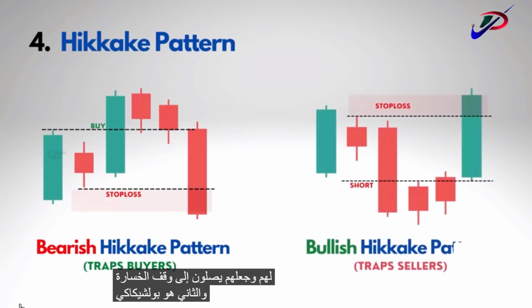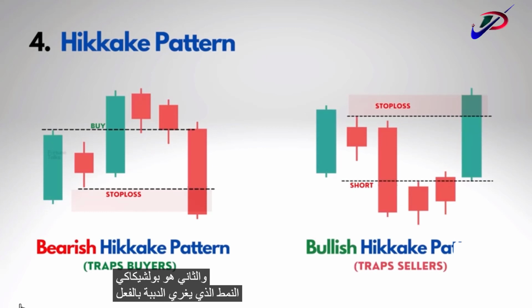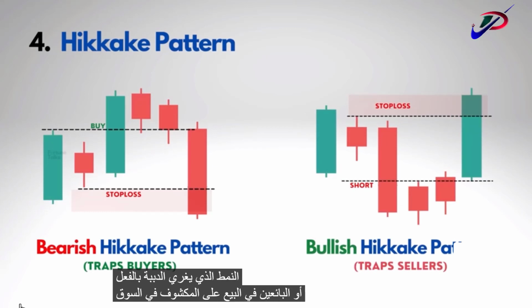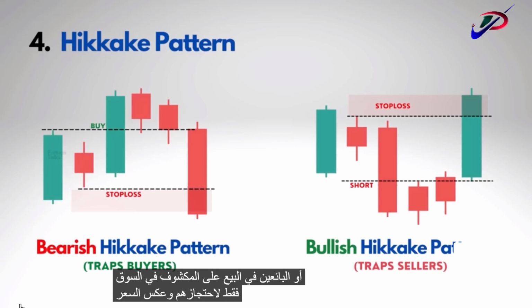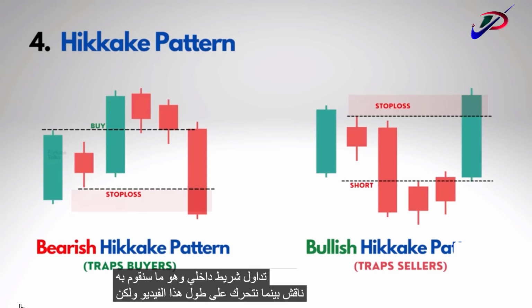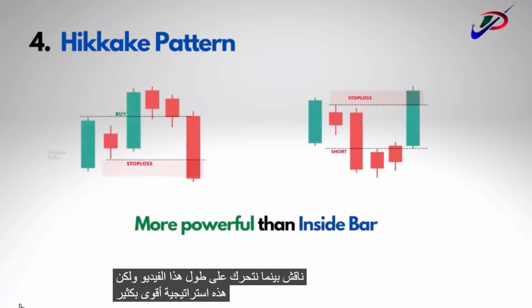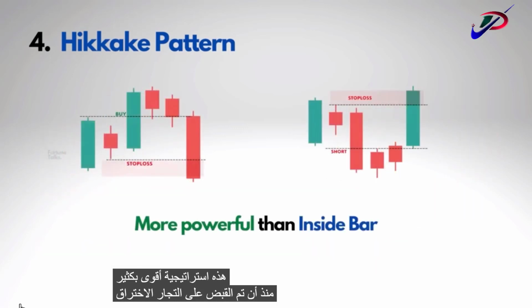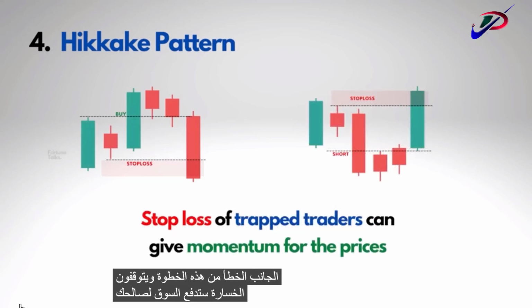The second one is the bullish Hikake pattern, which entices the bears or the sellers into shorting the market, only to trap them and reverse the price against their position. Now the Hikake pattern can be traded the same way you trade an inside bar, which we will discuss as we move along this video. But this is a much more powerful strategy since the breakout traders get caught on the wrong side of the move,